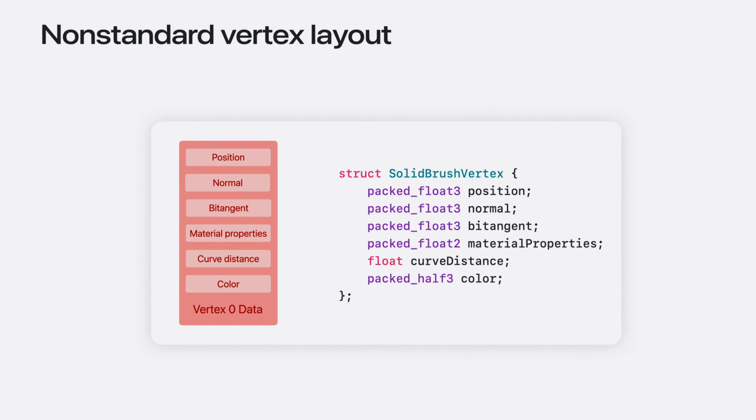In our app's code, brush vertices are represented as this struct in Metal Shading Language. Each entry of the struct corresponds with an attribute of the vertex. So we're faced with a problem. On the one hand, we want to retain the vertex layout of our high-performance geometry engine and avoid any unnecessary conversions or copying. But on the other hand, our geometry engine's layout is incompatible with RealityKit's standard layout. What we need is a way to bring our GPU buffers to RealityKit as is and instruct RealityKit how to read them. And now you can with a brand new API called Low-Level Mesh.